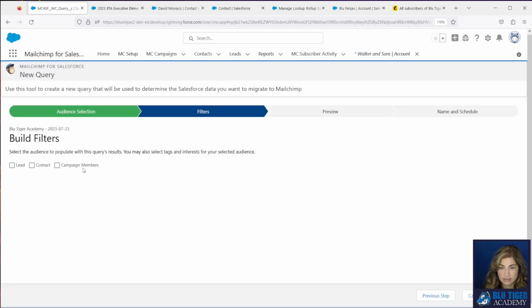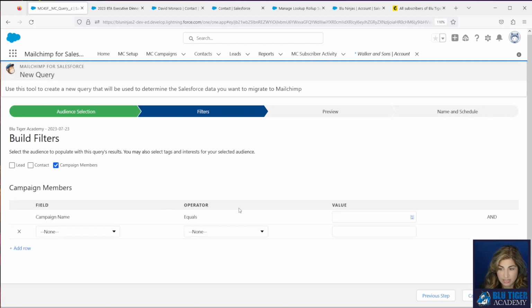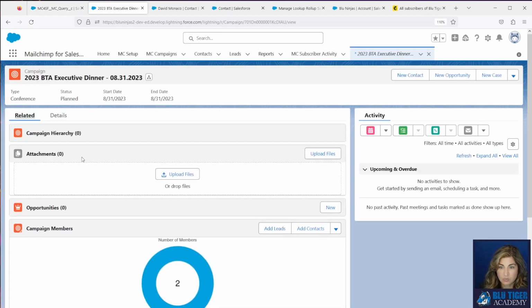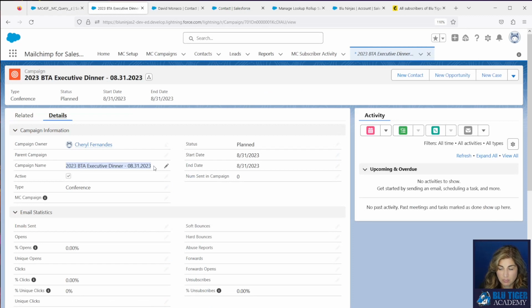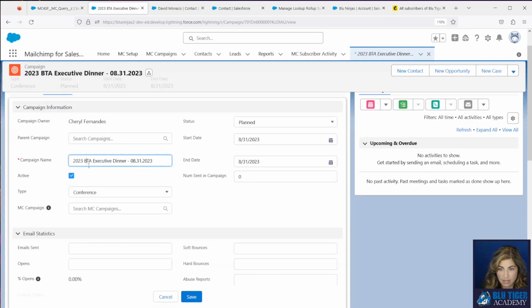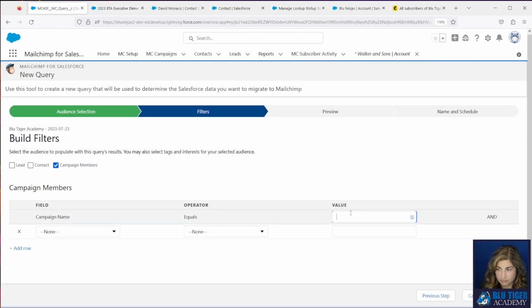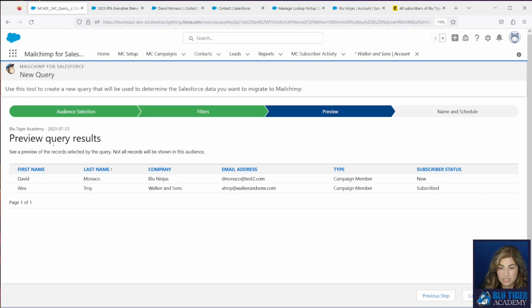We'll click Next, and we're going to select campaign members, and we want the campaign members with this campaign name. And we will click Next. And then we see that we have both Alex and David in this campaign, which is correct.